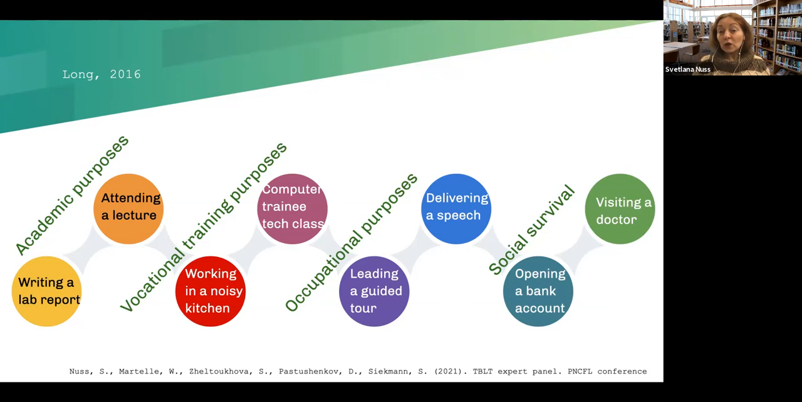And social survival purposes, navigating public transportation in a setting where you don't speak that language. Our learners don't speak the language as a first language. It can be buying, renting a car, buying a ticket,